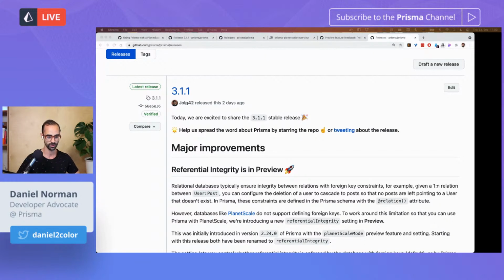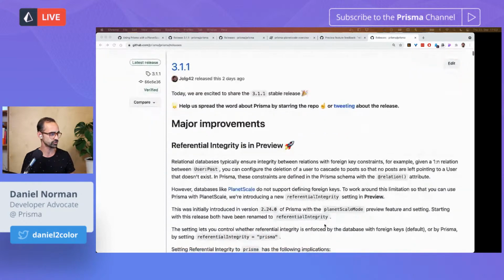Before we dive straight into it, I'd like to give a bit of background about referential actions. So one moment, I'm just going to load that up.